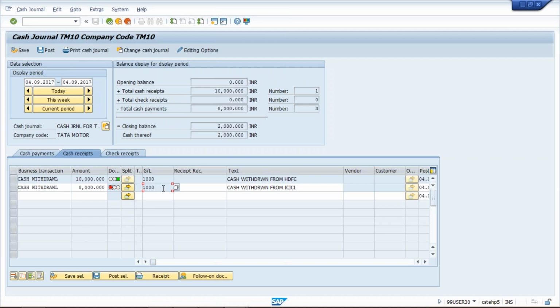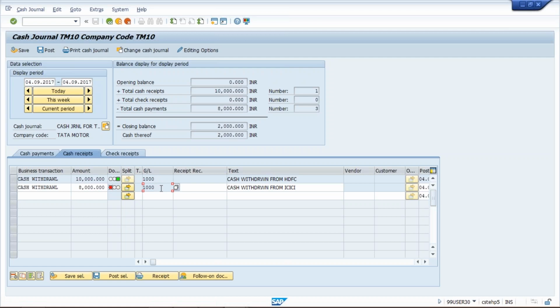But the problem is, again the system has fetched the HDFC GL. Now I just want to edit. So I'm trying to delete this, but it is not possible because this field has been converted into a gray color field. If anything is gray, it means we cannot enter any value in that field.